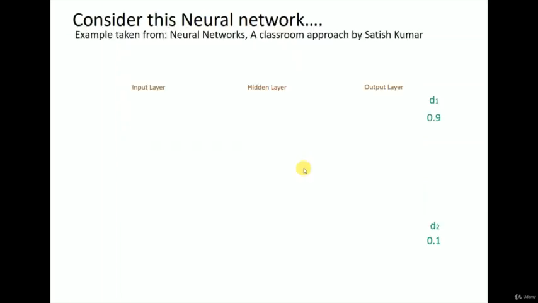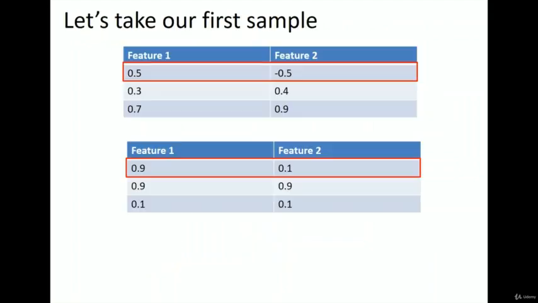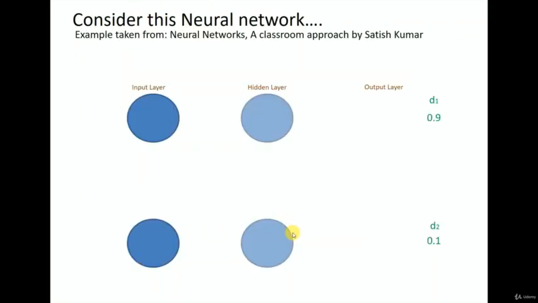Since we have 2 features at the input, that means the number of neurons in the input layer should be 2. The number of neurons in the hidden layer, I'm just going to set as 2. And since we also have 2 outputs, the number of neurons at the output layer should also be 2 in this case. So we wish to map the first feature of the first sample to 0.9 and the second feature of the first sample to 0.1. Now the first thing we need to do is